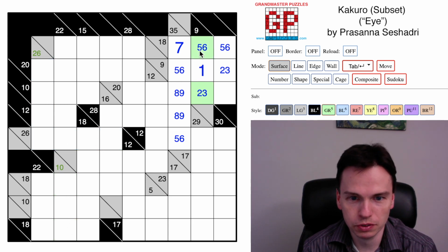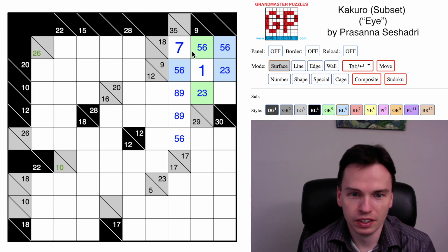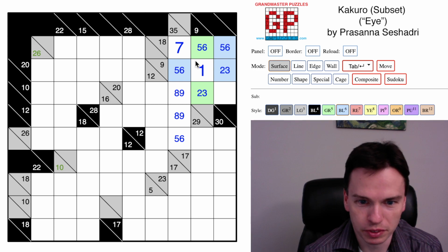These digits in blue are different from these digits in green. In particular, this blue 5, 6 will be the same digit. If this is a 5, then this digit's a 5, and if this digit's a 6, then this digit's a 6. So these blues are a shared set. These greens are a distinct set from each of these digits. And you can mark this differently on paper, but I want to color that in here to get that